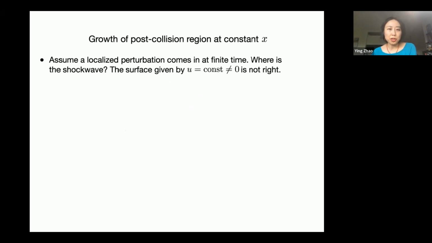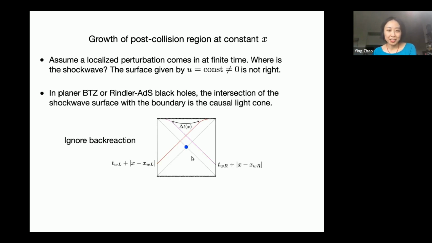So assume a localized perturbation coming at some finite time. The question is, where is the shock wave? My first guess is that it's given by u, where u is a null coordinate, u equals constant. But this is not right. Actually, after some simple computations, you will find that it's basically the causal